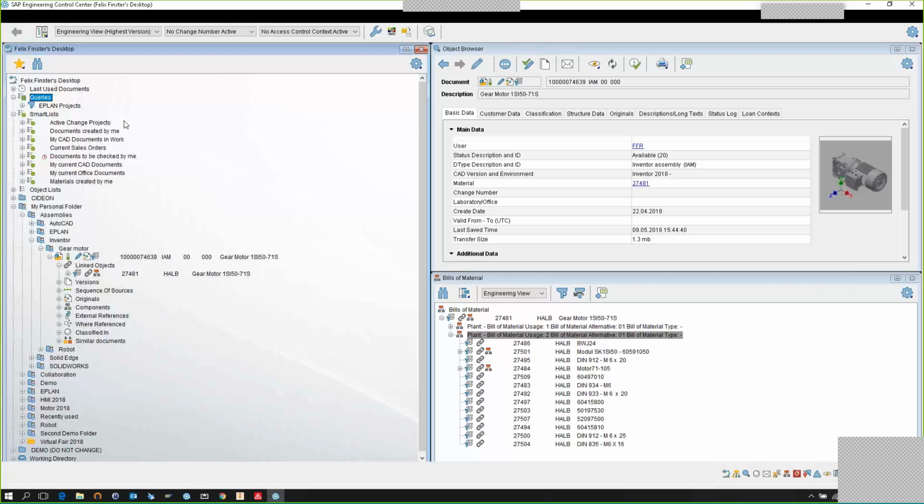Or what are my active change projects? If I'm assigned to certain change projects, then of course it's very convenient to have fast access to that information. So this is always here in order to make you, as the end user, very flexible